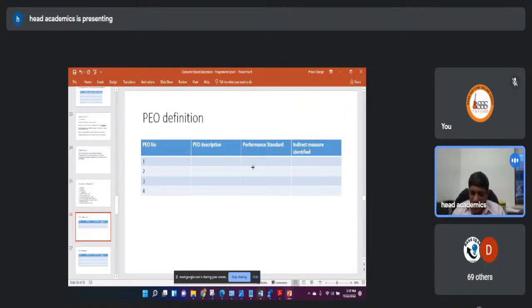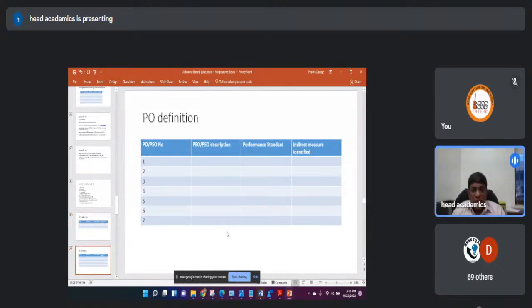It could be, if you're using a 3-point scale, strong, moderate, weak, and you're computing attainment on those scales, you can have 1, 2, 3, moderate, high, or low attainment, right? If you're using a 1 to 100 scale, you can put a percentage standard here, right? You can use a 10-point scale, right? Whatever scale you are using, you can put the performance standard there.